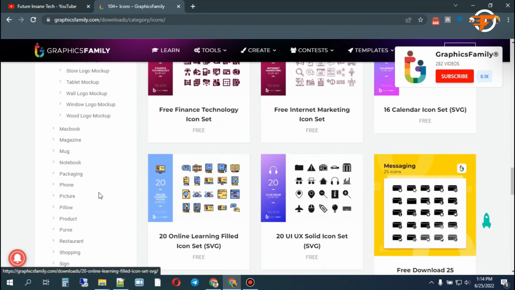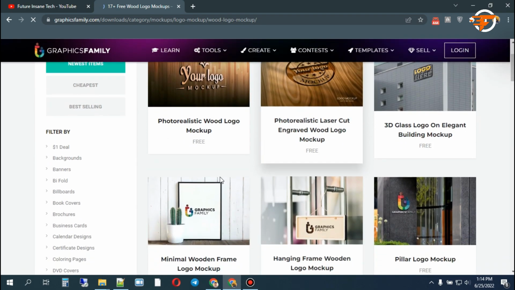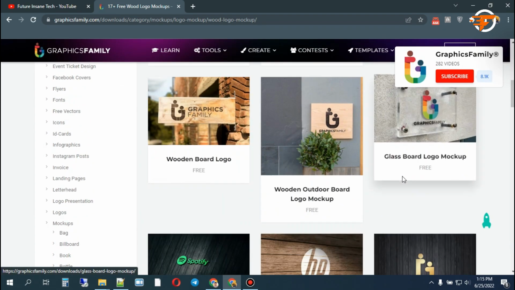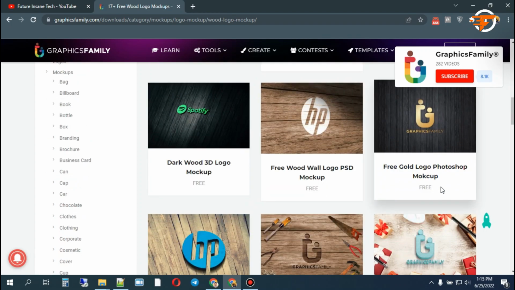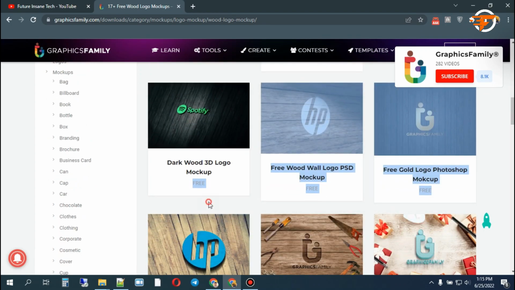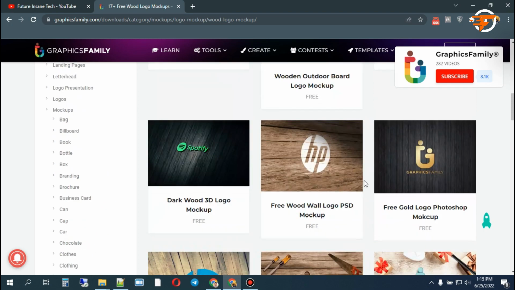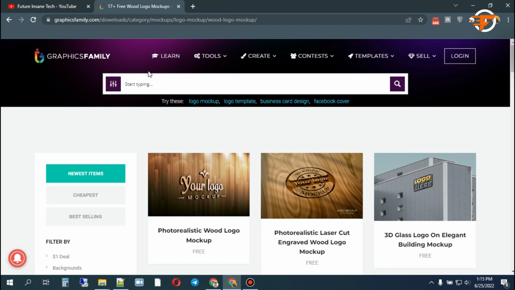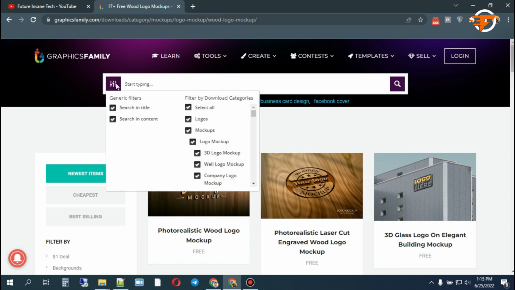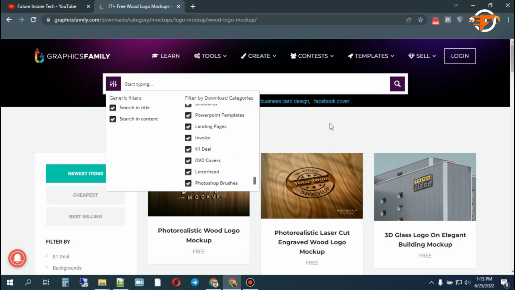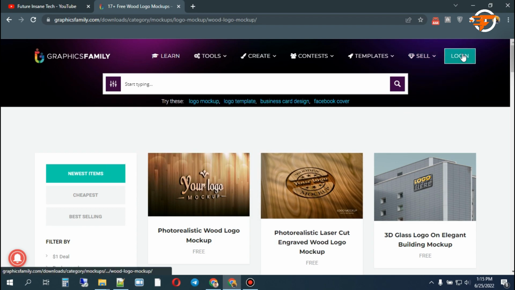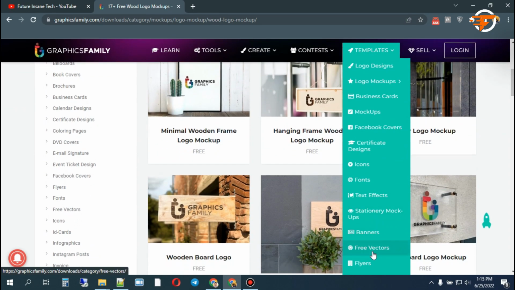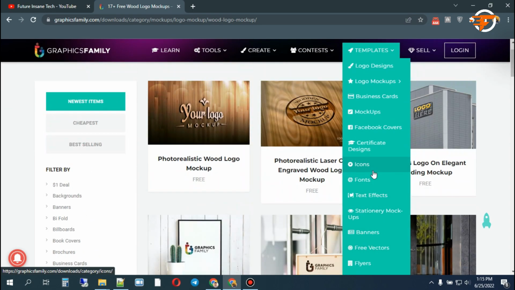So it's really a big opportunity for you. Wood logo mockup, okay. Wood logo mockup. Oh, a really great collection is here. Everything is free. So if you are a designer and you don't find anything on Google, the best resource, here is the best option for you. So let's work and make your career in graphics